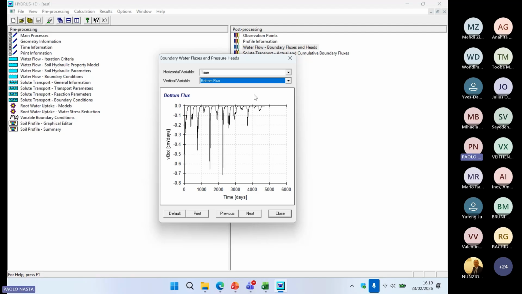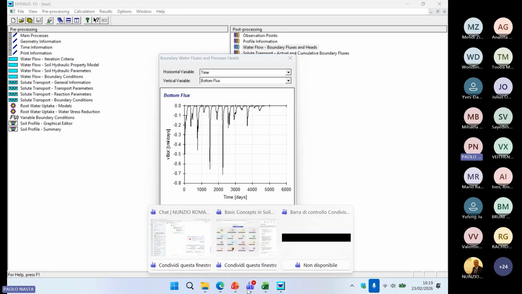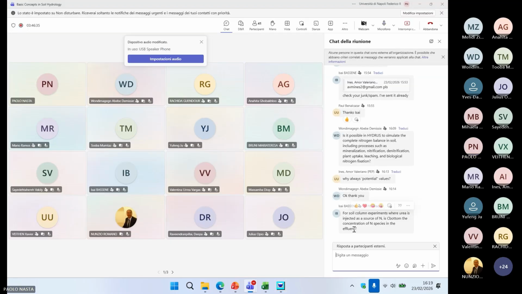Oh, there are other questions. Thanks. Isai asks, for soil column experiments where urea is injected as a source of nitrogen, is it possible to see the concentration of nitrogen species in the effluent at the bottom? Yes, in the column experiments,